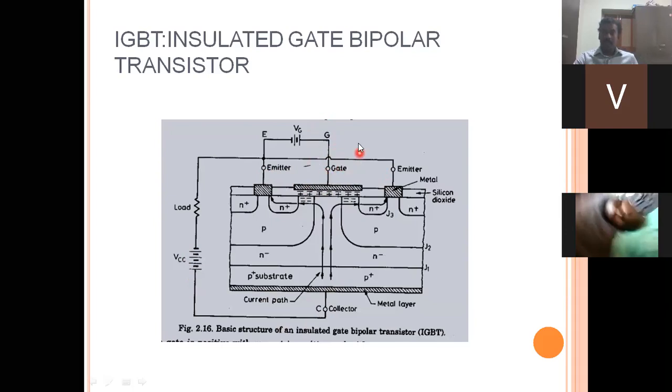Before this gate terminal is closed, you are going to have zero current conduction through these emitters, as the internal junctions provided in the structure are going to be blocking. That blocking is removed by simply providing a voltage across the gate terminal. So the electric field at the gate terminal is going to attract the electrons, and these negative charge carriers are going to start the conduction. So you are going to have the current flow from the collector to the emitter. This is briefly the operation of the IGBT.